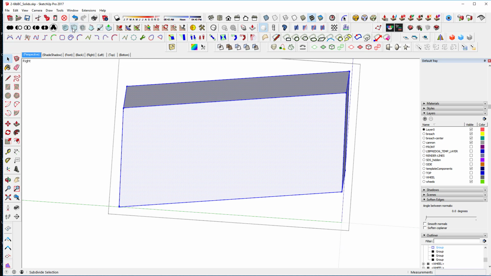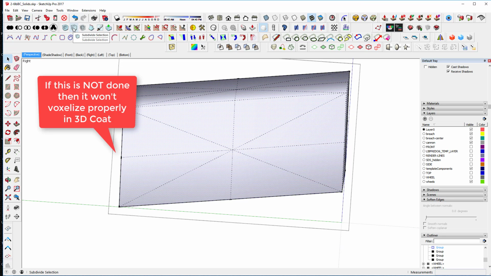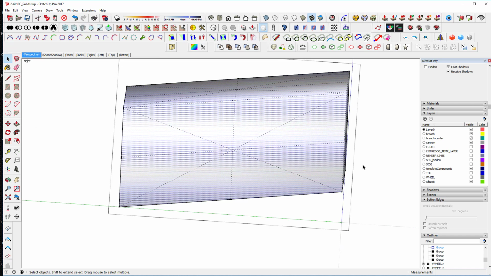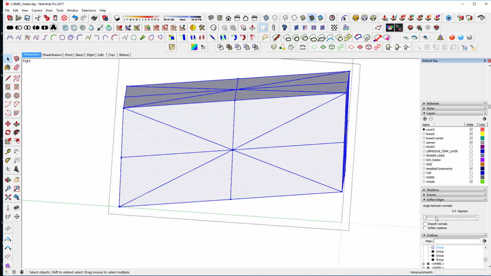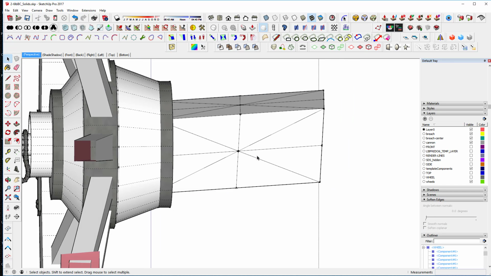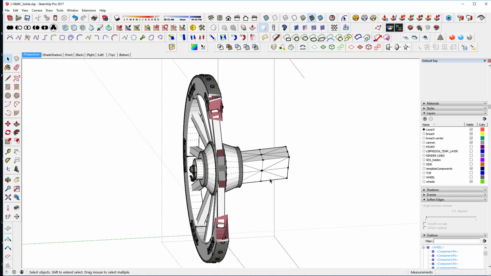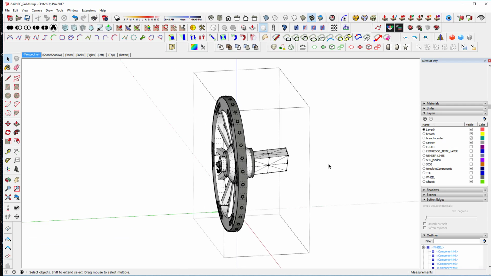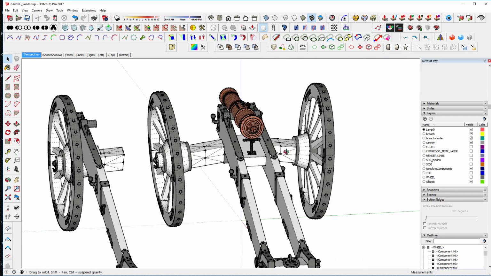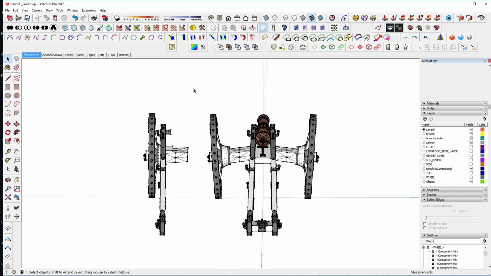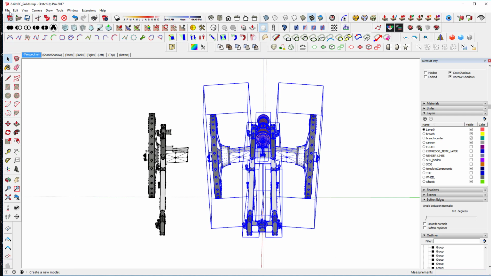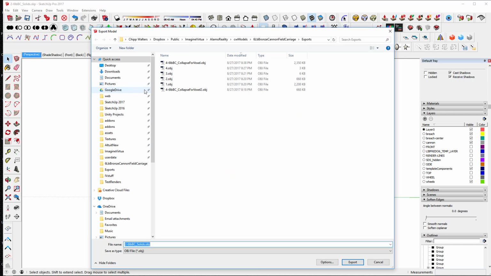So I'm going to use this tool called Subdivide Selection, and I can click on there, and I can do it once, and that'll probably be good enough. But for now, let's just do that, and then again we'll just select everything, and turn this off, and there. So now that looks a little better. If you notice, we get a little clipping problems here, but because we edited it, it edited both of these ones as well. So we're going to take this and say File, Export 3D Model,